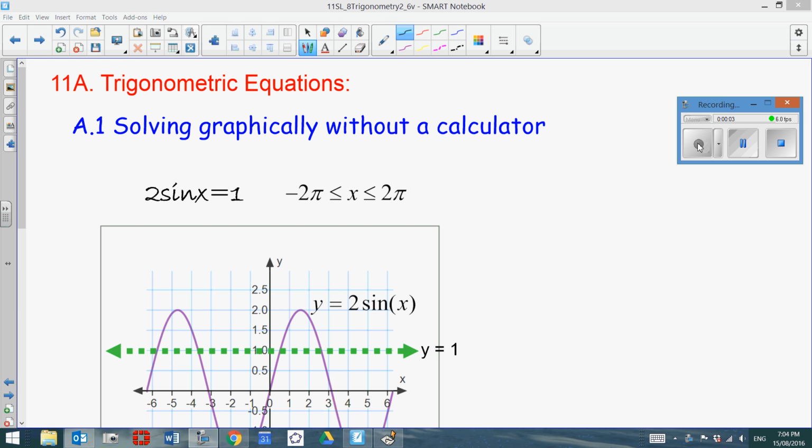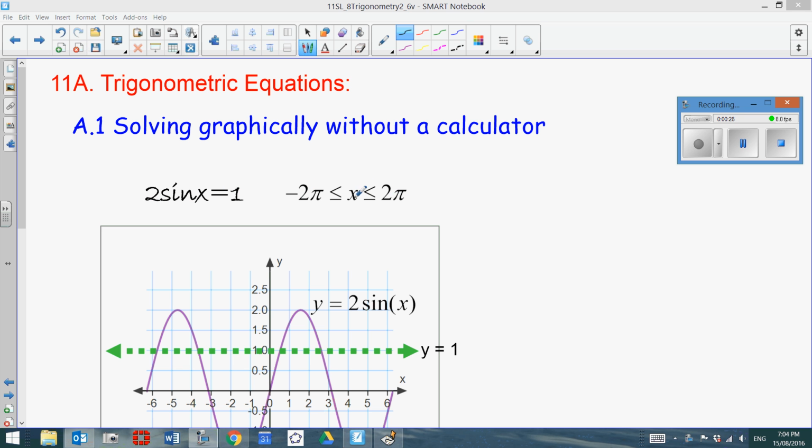IB, beginning chapter 11, we're going to start with our trig equations, and we are going to start first just by looking at how we would do this graphically, and then we'll also take a glance at how we do this algebraically, but most of the algebraic equation solving we'll save for our next class. But just taking a look at this example, we're asked where 2 sine of x is equal to 1, and